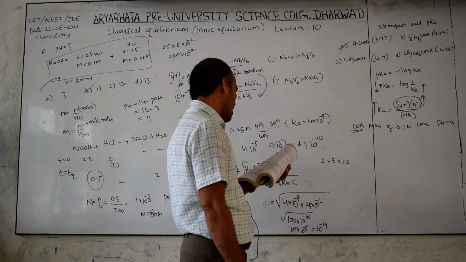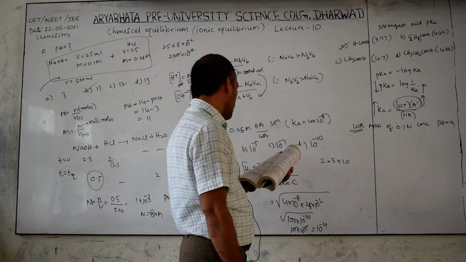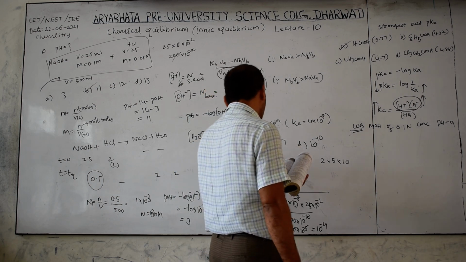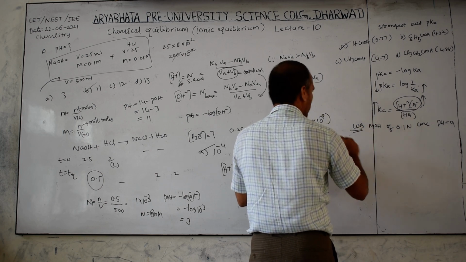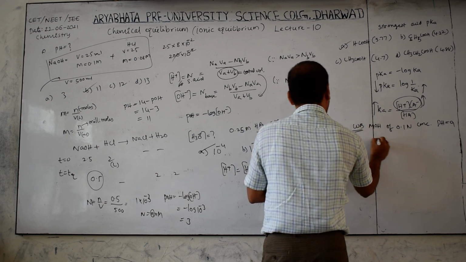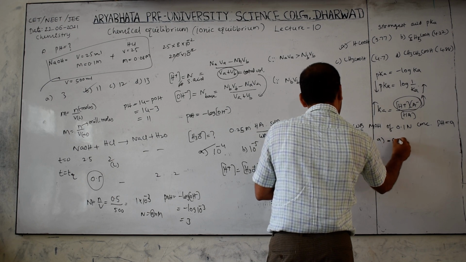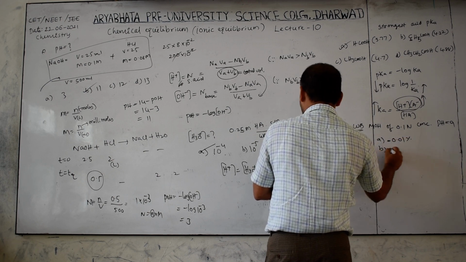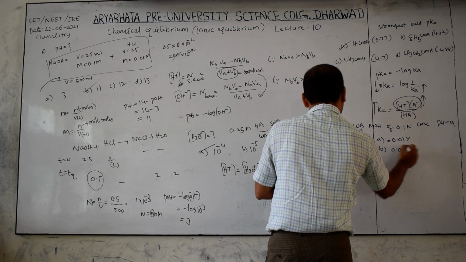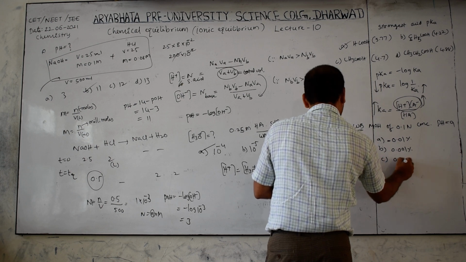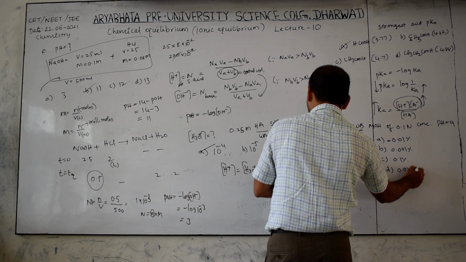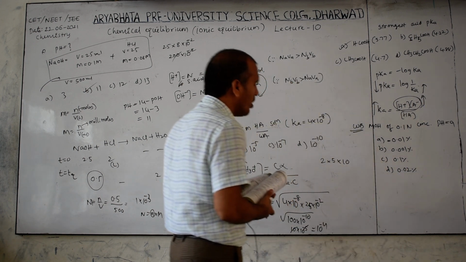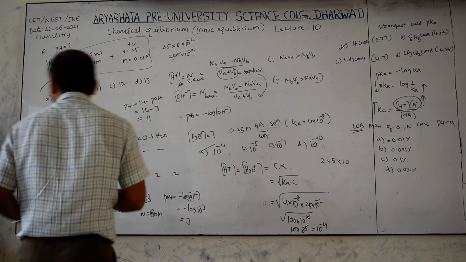What is the percentage degree of ionization of acid or base given? Here the word acid is given, but once you check, it may be a base. Options: A is 0.01 percentage, B is 0.001 percentage, C is 0.1 percentage, D is 0.02 percentage. Then we have to calculate the percentage.